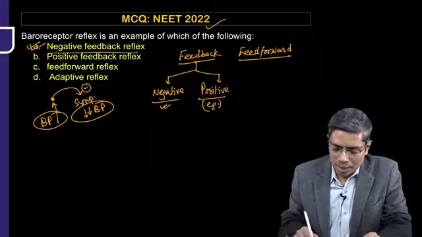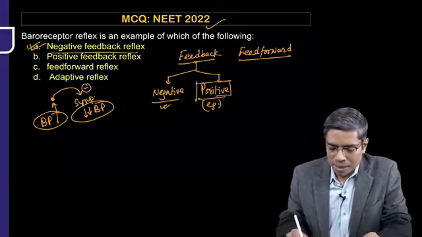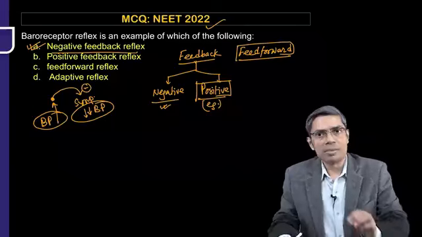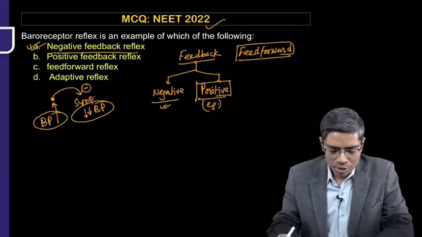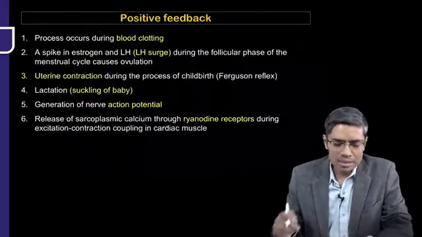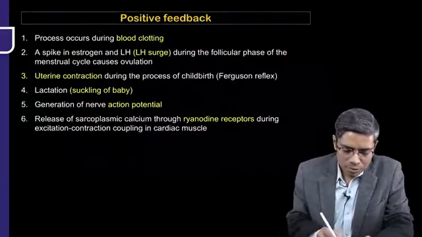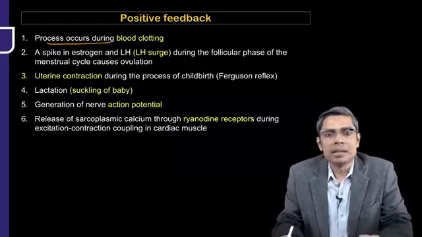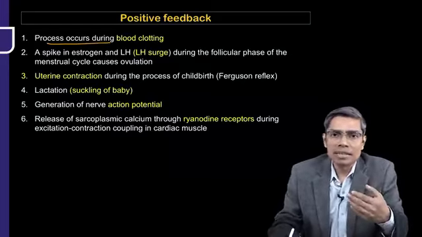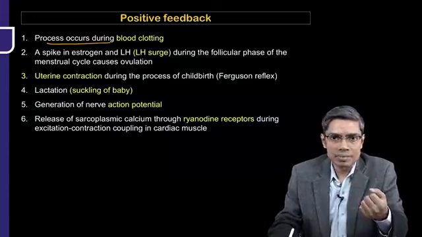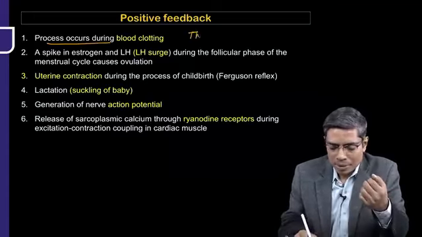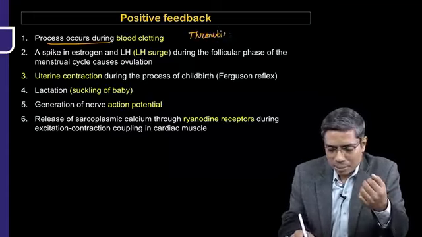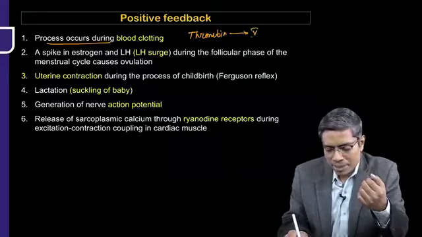Now look at the positive feedback control system and the feed forward control system. They are more important for MCQs. For the positive feedback control system, all the examples have been written here. First one is the process that occurs during blood clotting. All of you know that the activation of one clotting factor leads to activation of the subsequent clotting factor. For example, remember whenever there is generation of a little bit of thrombin, this thrombin can activate factor number 5,